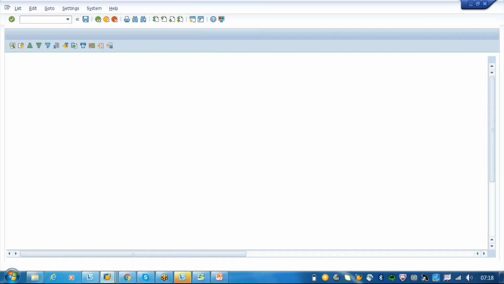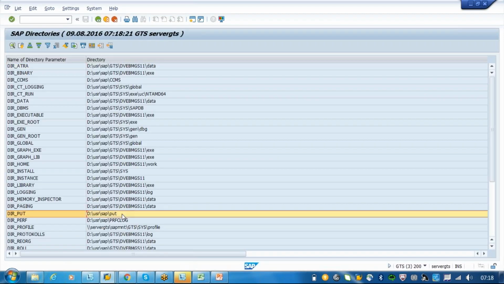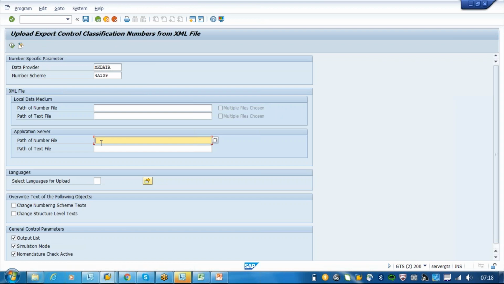So the path you have to put here. This path will contain all the materials and all the numbers. The system will automatically go into the material and write everything into the classification number. So this is your numbering schema and data, how you have to do it.